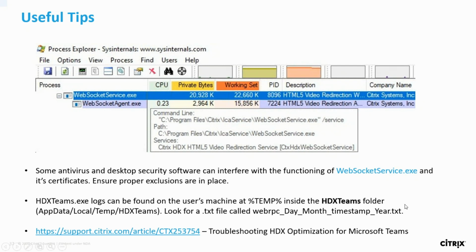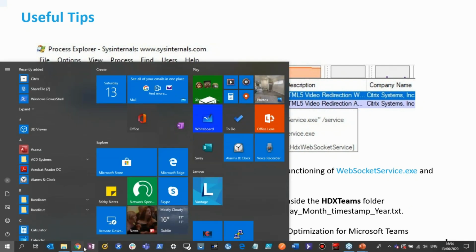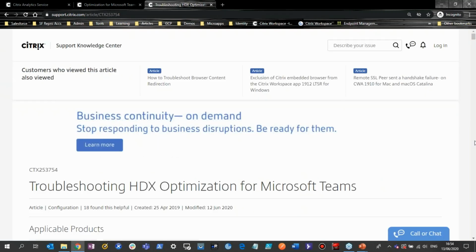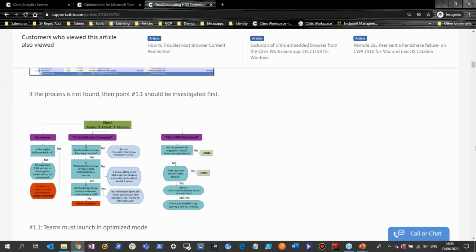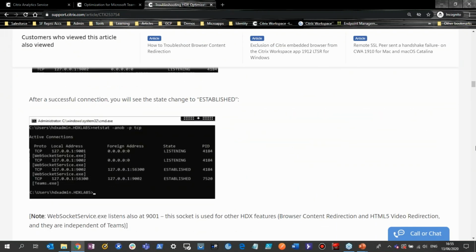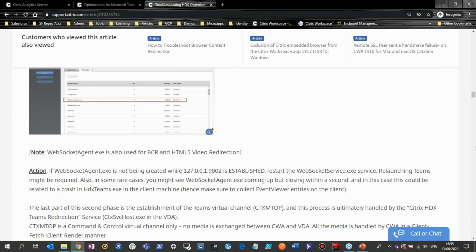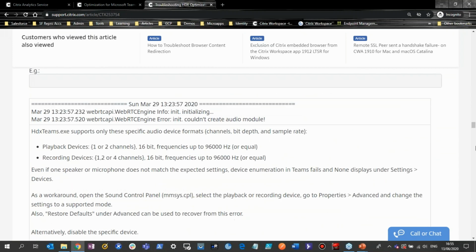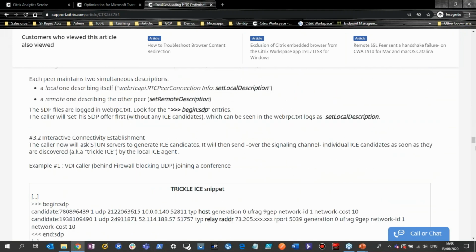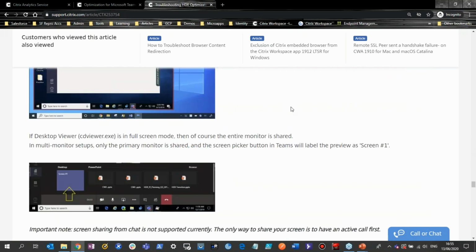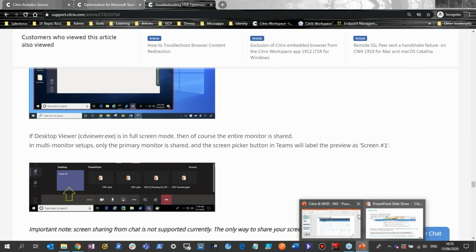And I just wanted to call out this article as well. To be honest, guys, I think it is probably one of the better KB articles that I've seen in recent times on Citrix. If you see here, it's like a manual, and it breaks everything down really clear, step by step. If you come across any issues, a lot of it is addressed in this article, and it goes through lots of different troubleshooting steps and tips. Yeah, there's a lot in there, so I won't go down too much, but it's in the deck, and as I said, you'll get the deck after the call.